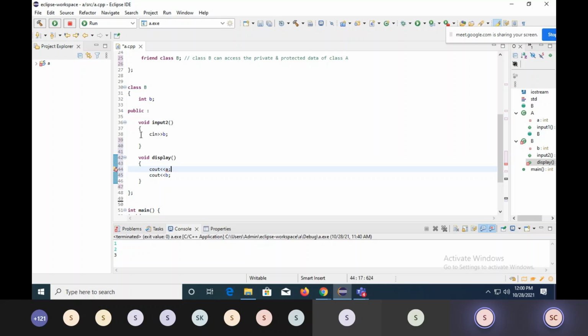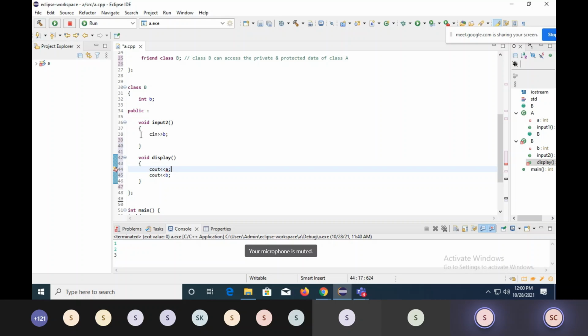Let's try to execute it. It is giving you an error. Fine. How you can read that error? You come to this line. Here a cross is coming. So just put your cursor here. It will show you A was not declared, as it is the private one, you wanted to access it.